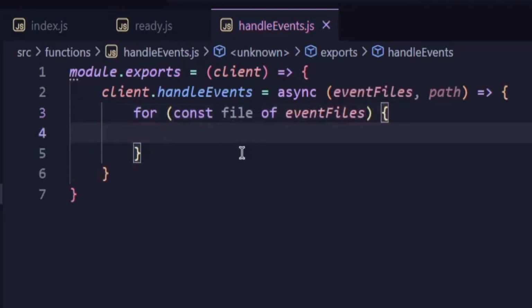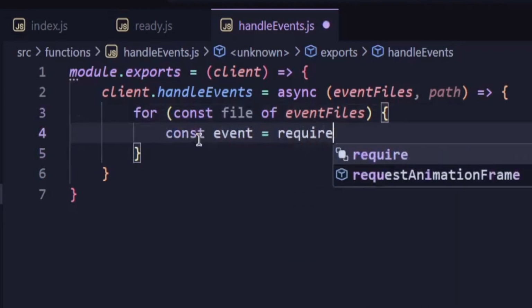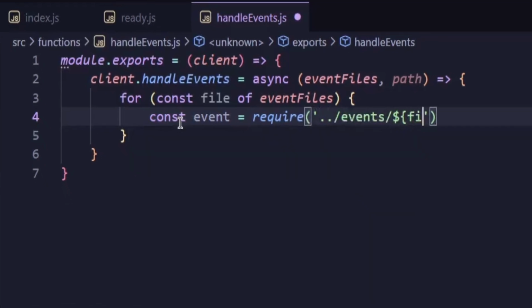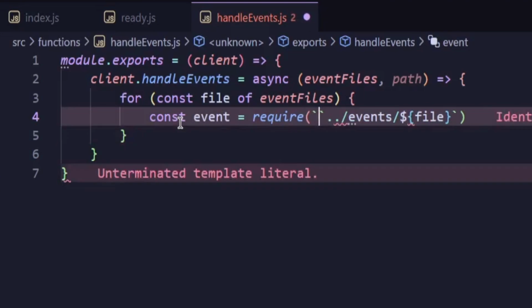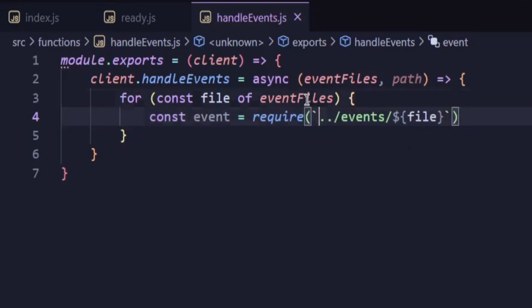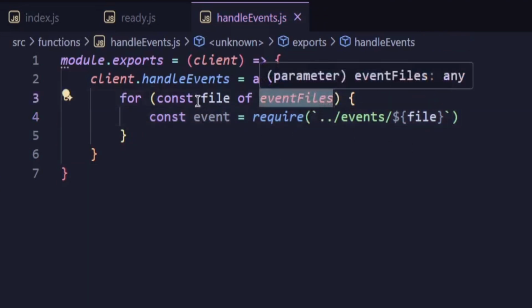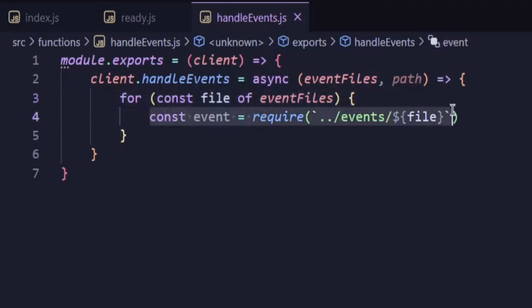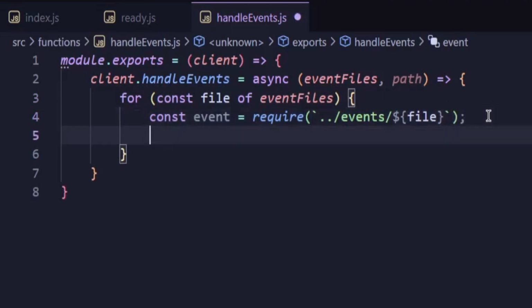We write const event equals require. And here, the path to the events folder, and then something like this file, because file name can be anything. So we are taking it like this. Now, this eventFiles will give us all the files inside the events folder. And then using the loop, we are taking each individual file like this and loading the event file. After that, we simply write